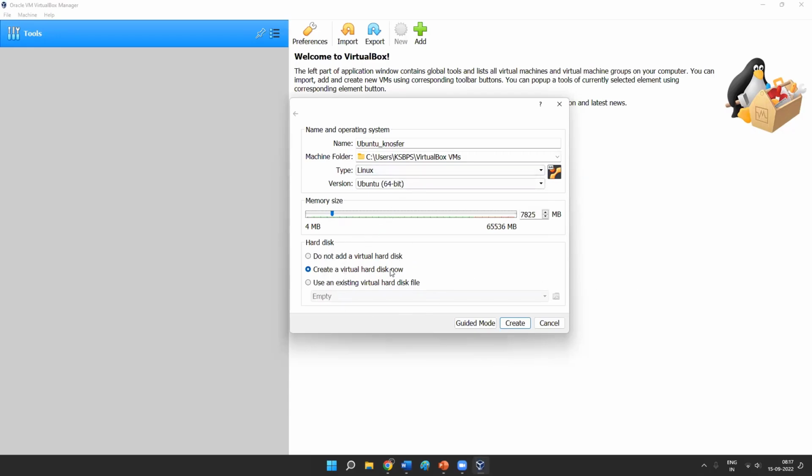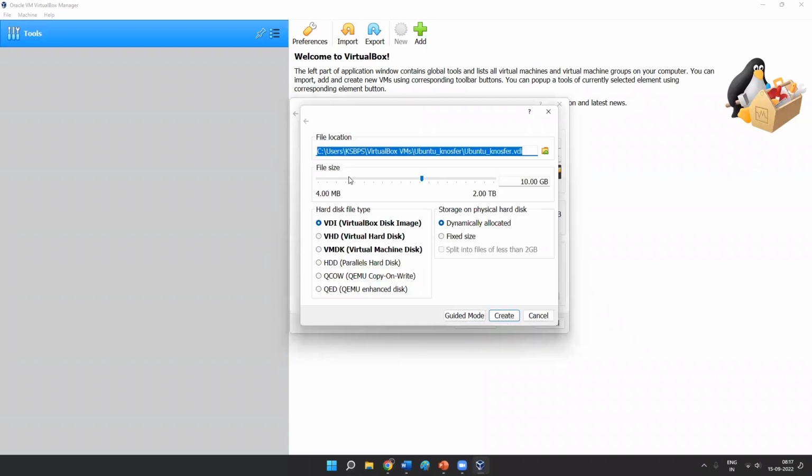Now, here are the three options that you get. Do not add a virtual hard disk. Basically, it will not add storage. Remember, we are talking about blob and file storage. So this is what this VM is using. Okay. And use an empty virtual hard disk. Remember, I was telling you about saving your hard disk somewhere. You can add it if you have it. But for our purposes, we don't have anything. So let's create a virtual hard disk right now. Okay. And just click on Create. Now it'll ask us